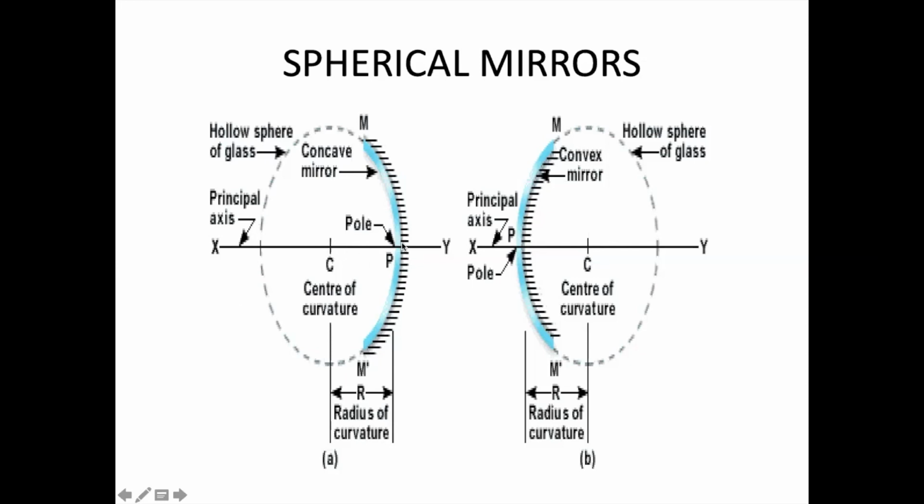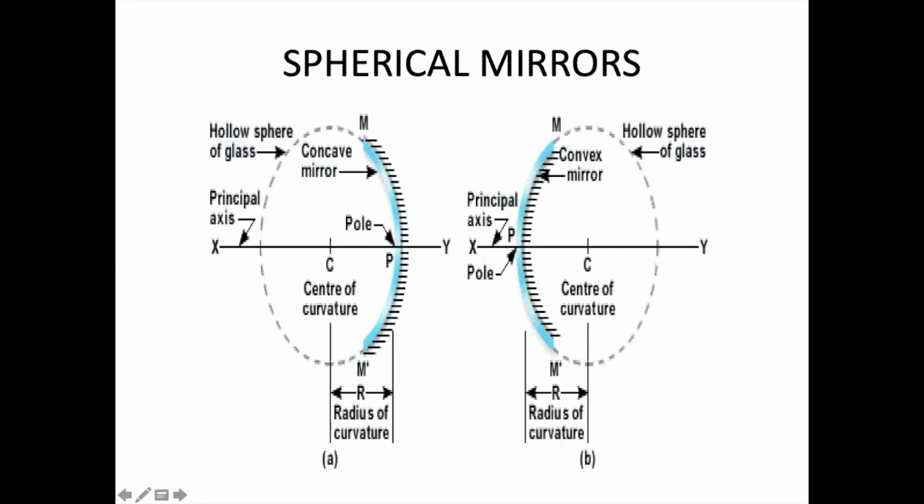Now I have to draw the focus also over here. There are many definitions for the focus, but between C and P, exactly halfway, I can put F over here. I can always say that 2F is equal to C. So this distance between C and P is the radius of the whole circle. Can I say this is the center and this is P? So this is a radius.